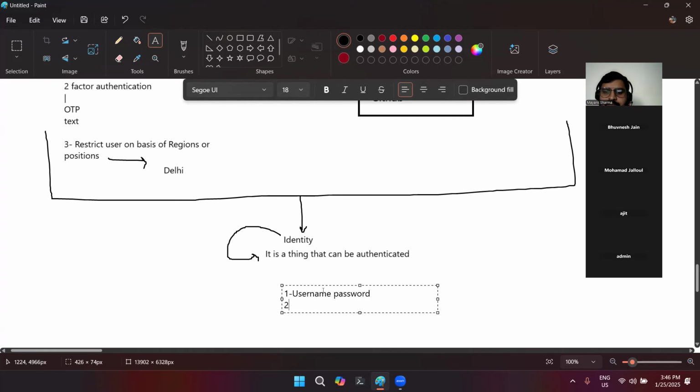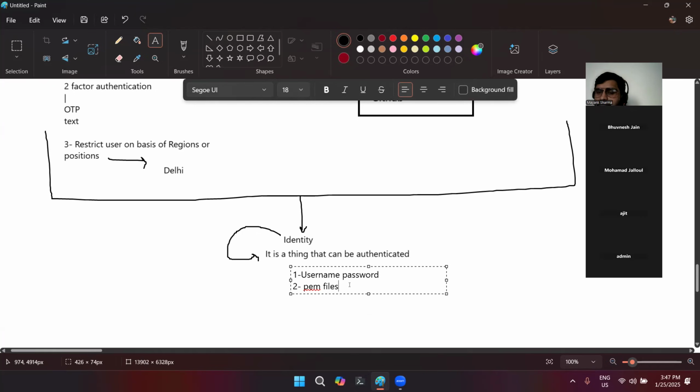If it is a Linux or Windows based server, we can get files, PEM files, to get authenticated. If you want to log in to a Linux server, then you have to use a PEM file, right? So it is also a kind of authentication. That PEM file is basically an identity that is given to you. Using this identity, you can log in to this particular server.